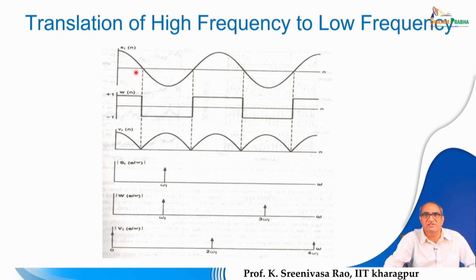And suppose we want to shift this omega 1 towards the lower side, still lower, or near to 0. So what can be done? What we do is pass this sinusoidal signal through a nonlinearity. Applying a nonlinearity is nothing but multiplying this time domain signal with this rectangular pulse train, the rectangular signal. If you multiply, you will get a full rectified signal,